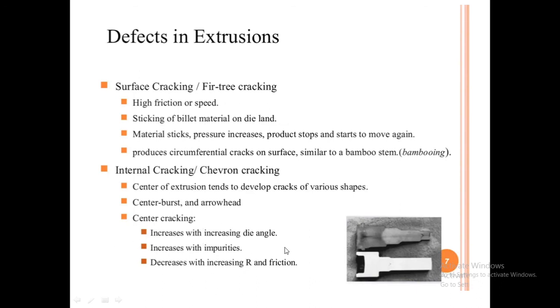It also increases with impurities: if impurities are present in the material, then internal cracks will be produced. And it decreases with increasing R and friction. R means the radius of the die. If this R increases,